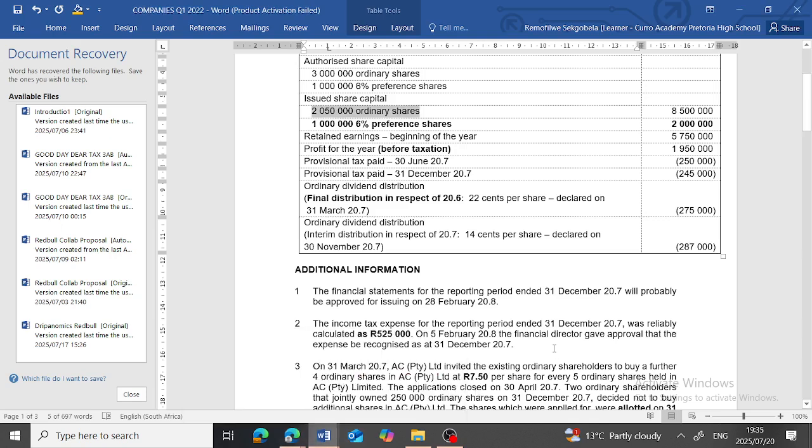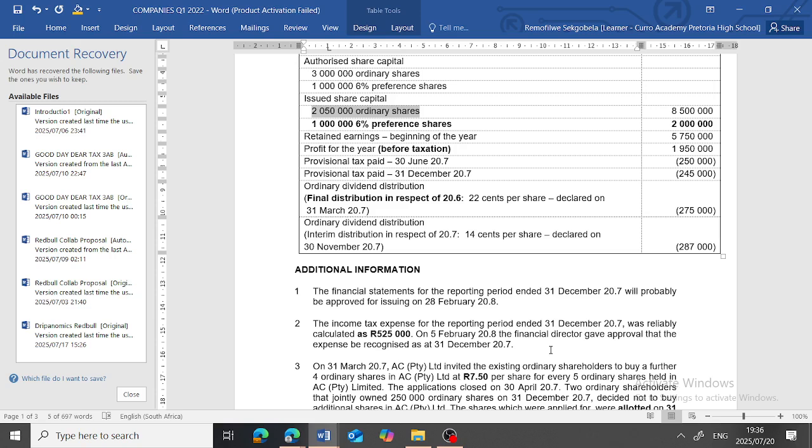From what I understand, that's the amount of shares in terms of cents, and that's in terms of rands. So basically, the answer to solving that is on statement number 3 there. It tells us that during the year there was an amount of ordinary shares that was issued. But then there's a mistake in the typing, I think, because it says 4. But on the one they uploaded on our Moodle, it says